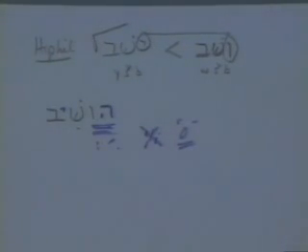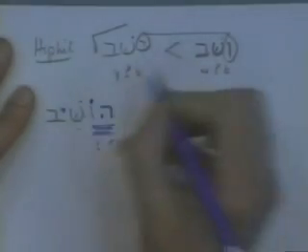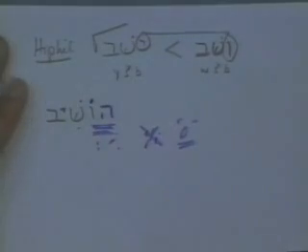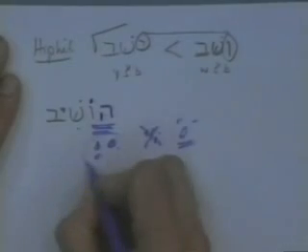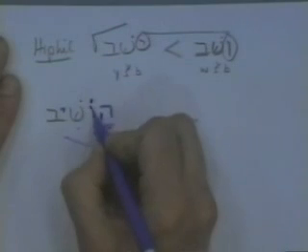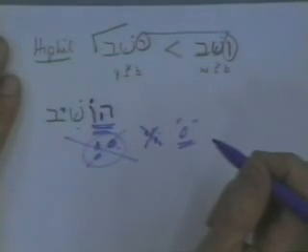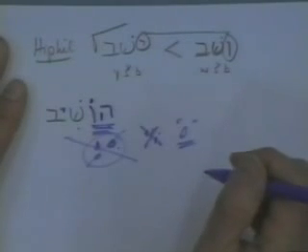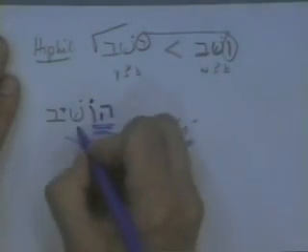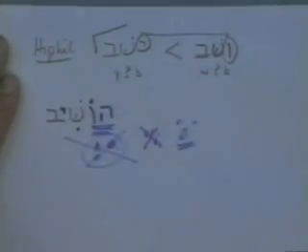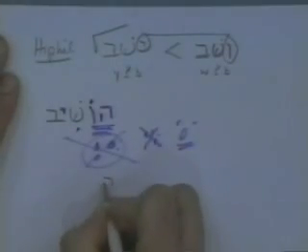Unfortunately, that's all we can work with for a wow. So when this becomes a mater letter, it becomes the mater letter o, and instead of a hey prefix with the hireq schwa that's distinctive of the Hiphil, we get a long vowel: hosheav. Well, all right, but there it is. Hosheav, you still have the infix, and if we go on and conjugate this now, what would the